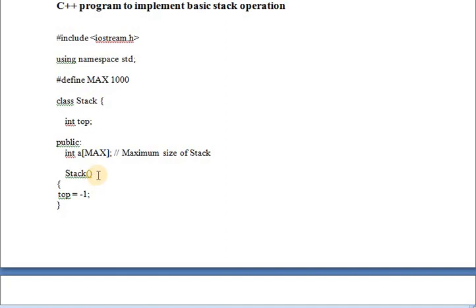So stack is the function here. See, inside the class I have said there will be two things: data members and member functions. Here the class name is stack and the function name is stack. If both these names are the same, then you call it a constructor. For the function I am opening the curly braces, top equal to -1. This equal sign is an assignment operator, you already know. So -1 will be assigned to top. Next we are closing the curly braces for the stack function.